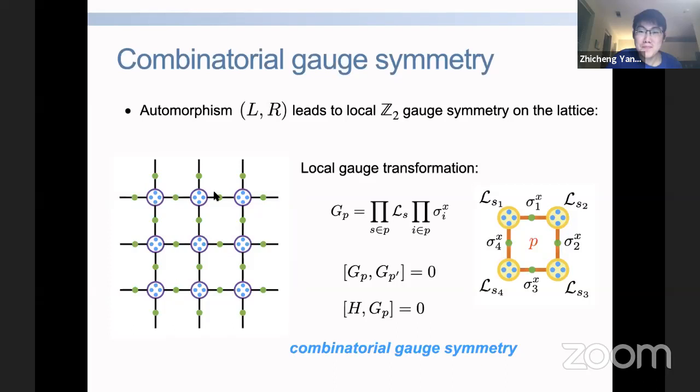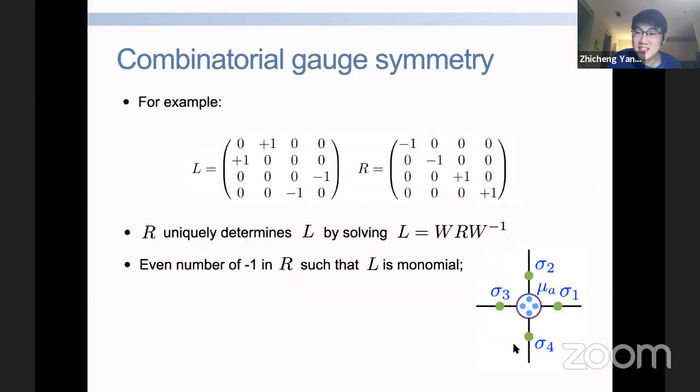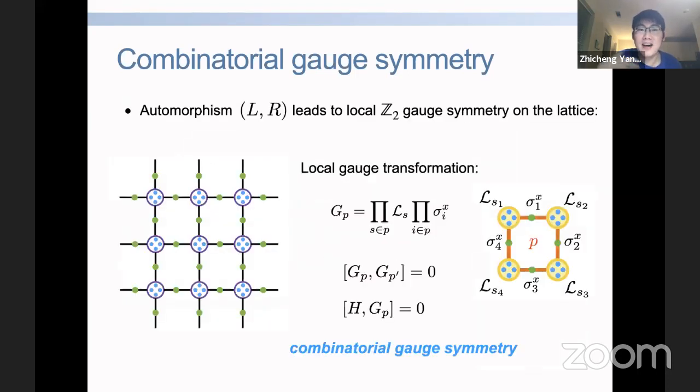If you remember, this transformation, the L and R, leaves a single star invariant. However, on the lattice I have to require Z2 gauge symmetry, and I cannot just take care of a single star. For example, I flip this spin here, and this spin here. Within the associated R and L matrices, I can heal this star. But if you look at these two stars, I have only flipped one gauge spin. There is no way that I can make these two stars happy